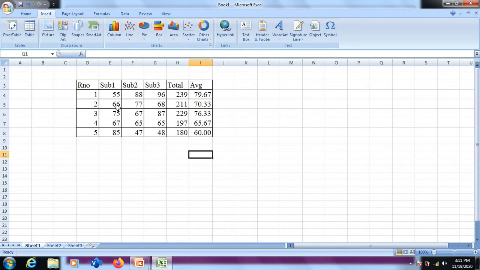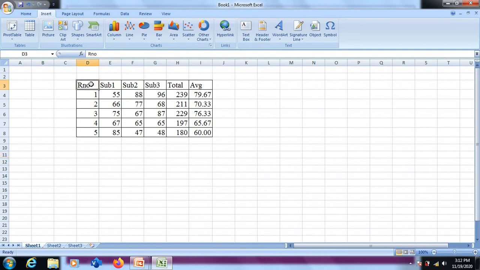Let's understand, as we are comparing marks scored by 5 students, which is a numerical comparison, we either can go for a column chart or for a bar chart. A column chart will give us the vertical columns and the bar chart will give us the horizontal columns. So let me show how we can insert a chart. Let us have a look at this step.